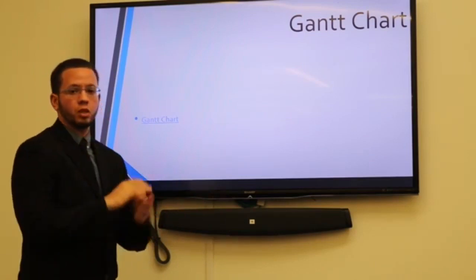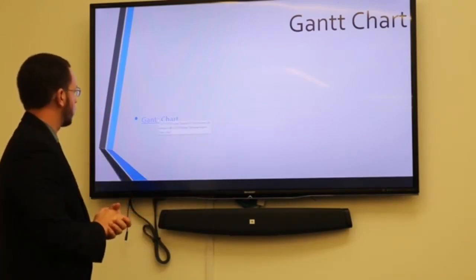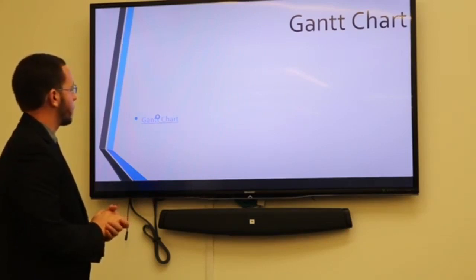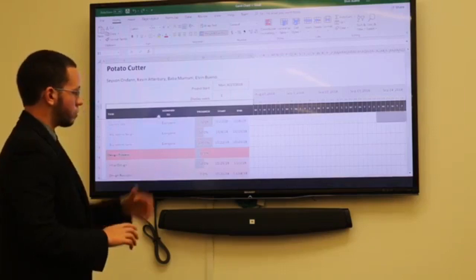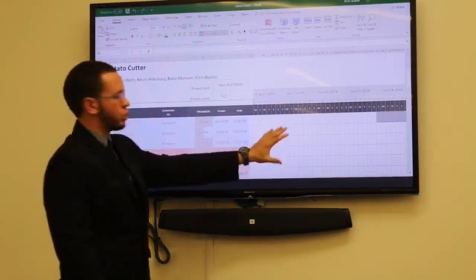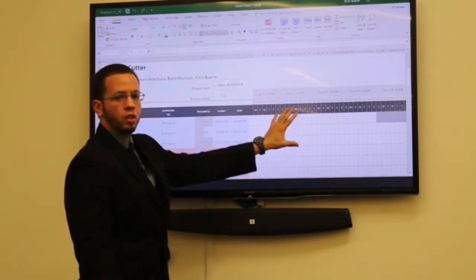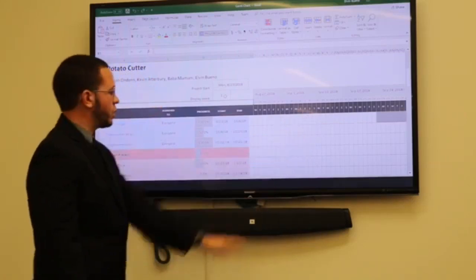And we will display our Gantt chart right now. So, as you can see in this Gantt chart, it is created in such a way where we can divide up our semester or our weeks into times that we can meet with each other.